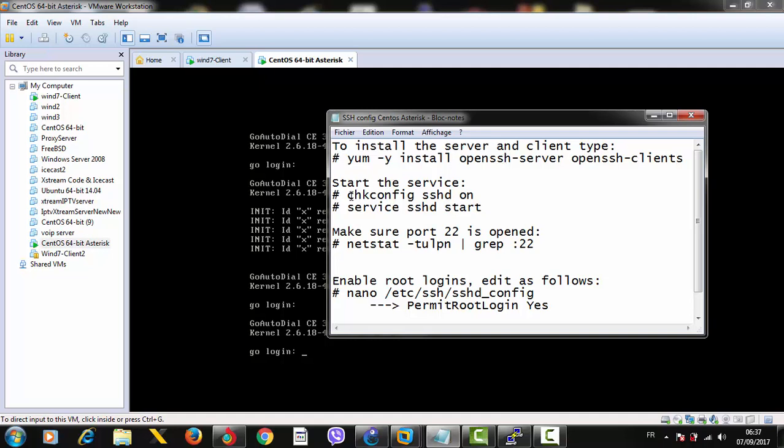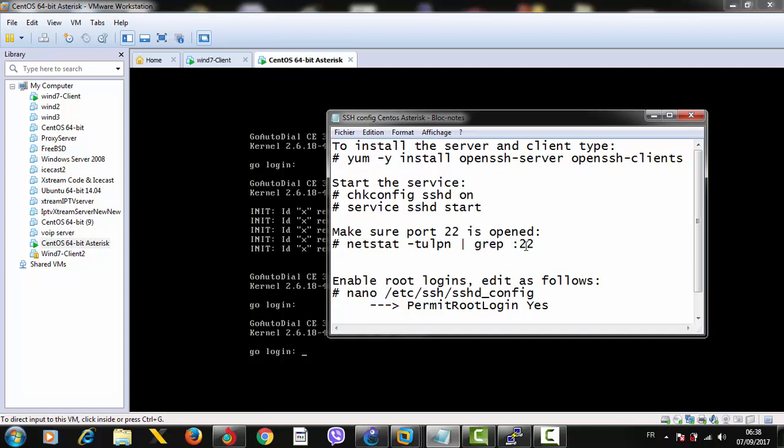Second thing, we need to start the SSH service, sshd start, and you should make sure that the port 22 is opened. We can use netstat -tulpn, and with the grep command we can bring to the screen whether the port 22